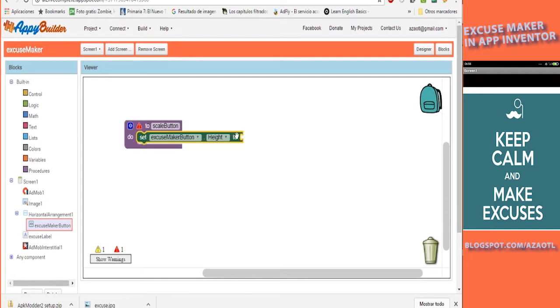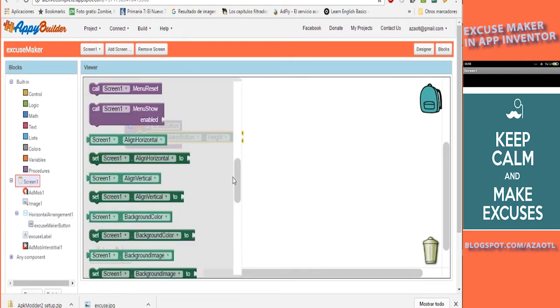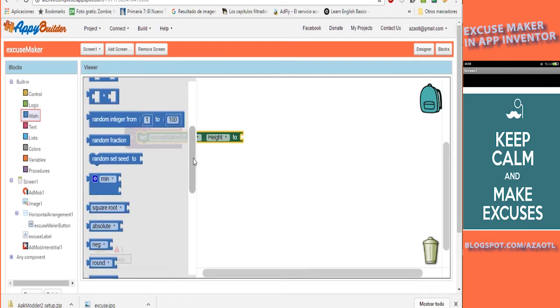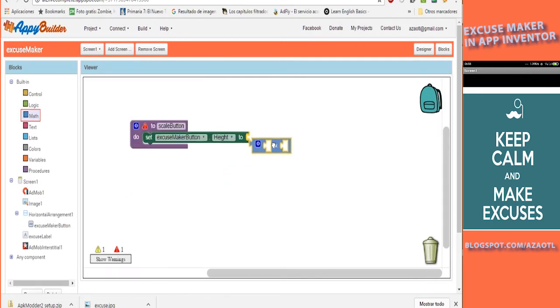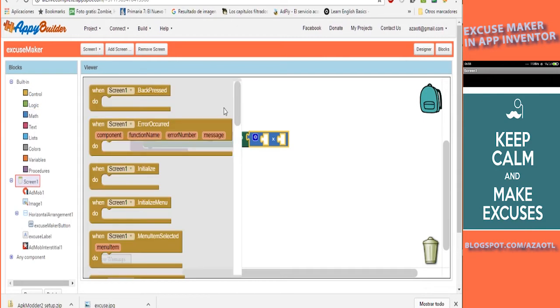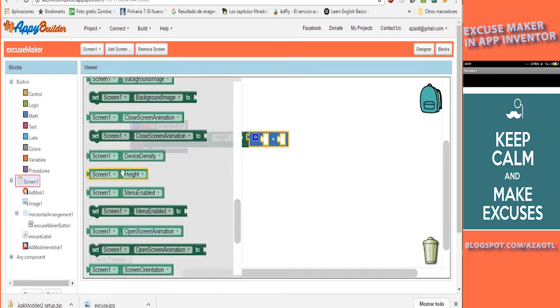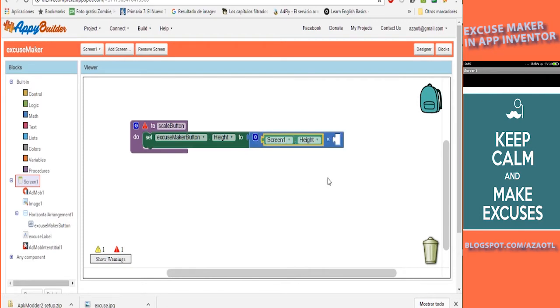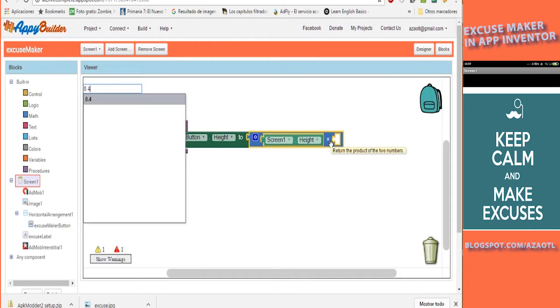Remember, it is a square. So we are going to set it to maybe 30% of the screen, the size of the screen. So we're going to go to math, and then we are going to multiply this. We go to the screen, and we're going to take its height property times 0.4, which is the 40%. We don't want to use maybe that 40%, but let's set it to 40% of the